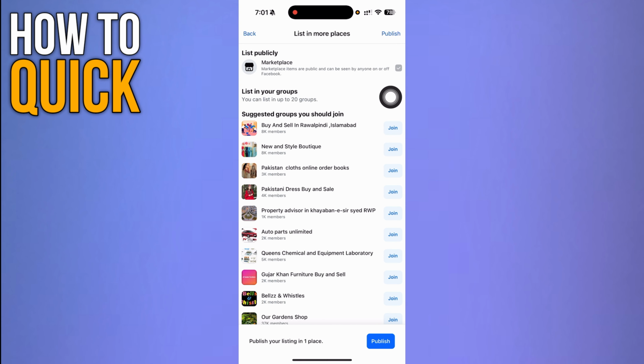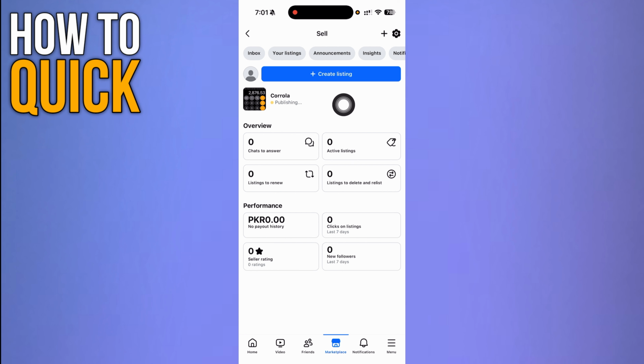Simply click publish over here, and it's going to publish it over here, and that's how you sell on Facebook